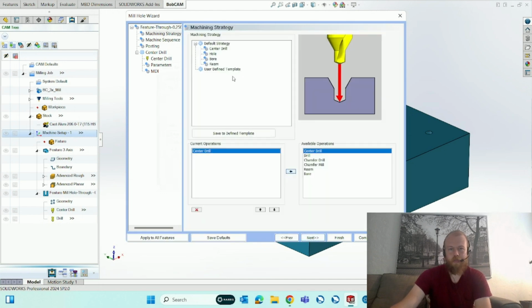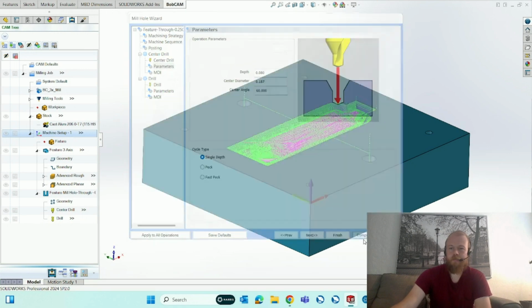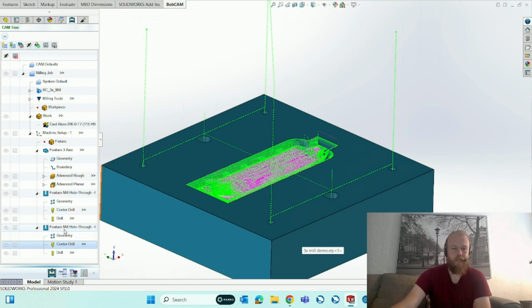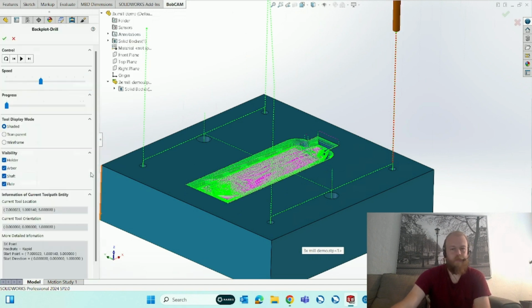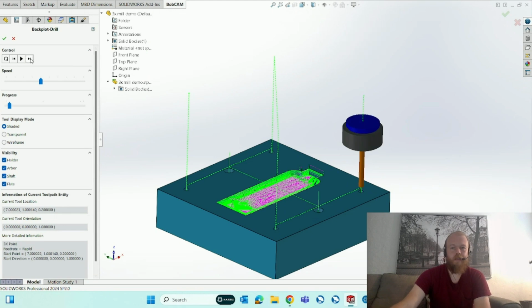I'm going to do a center drill and a drill again. And that's about it. I'm just going to hit compute. And now you can see when I backplot it, I'm going to right click on the drill operation down at the bottom of the cam tree here and go to backplot. Starts up here, comes down,